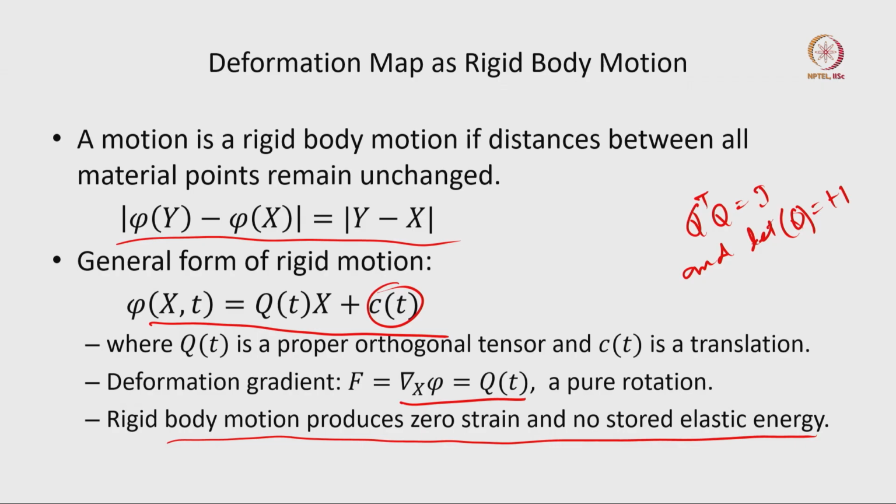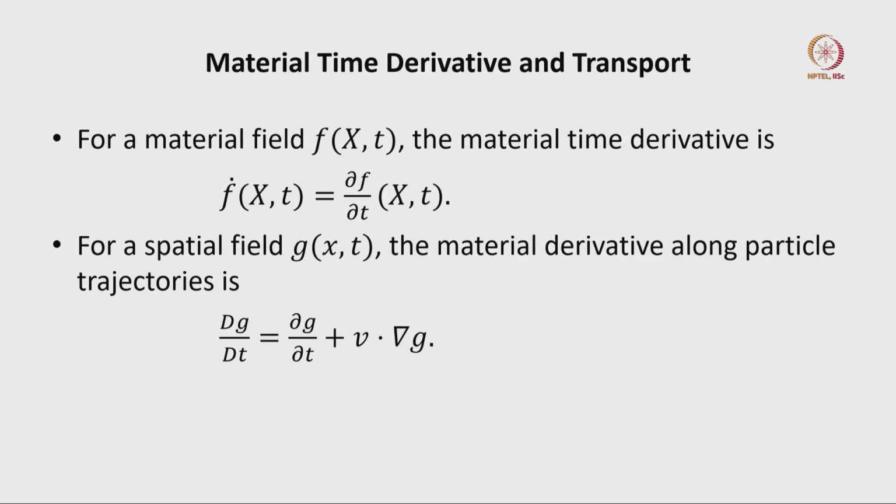That is true. We cannot have strain corresponding to rigid body motion, that would be wrong, intuitively. But F is Q in this case for rigid body motion. So F cannot really act directly as a measure of strain, correct. So what acts as a measure of strain is something different. Anyway, we will come to that, but for the time being let us also quickly go through the notion